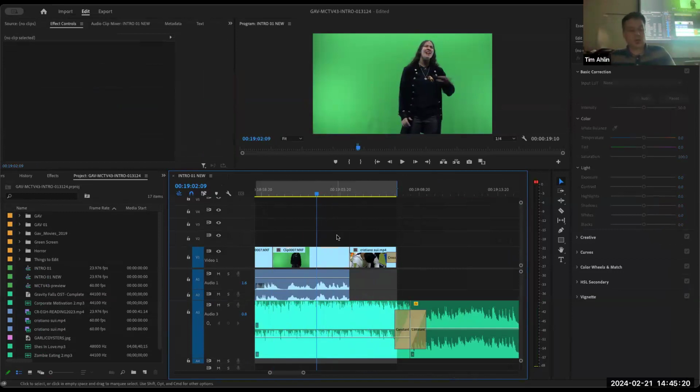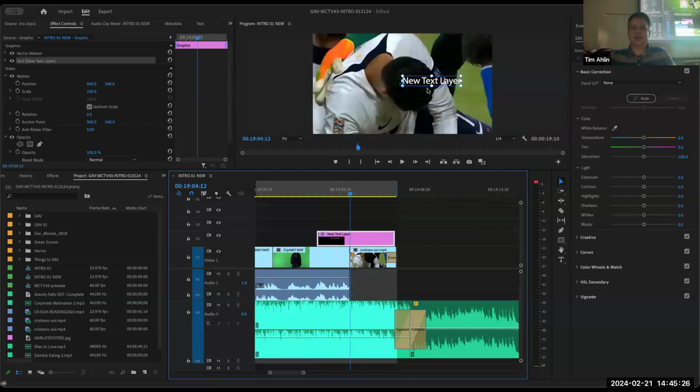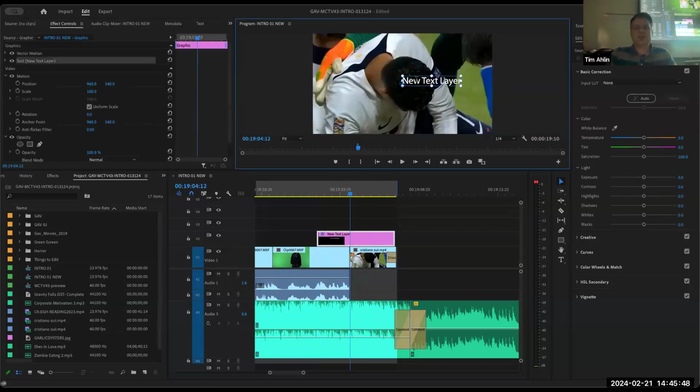All right. So Command T, that's our hotkey. Command T is going to build what's called a text layer. And the text layer automatically shows up on this new layer right here. Look, and I can turn it off and on. It's considered its own layer of video. But looking at it, we know that it's got a transparency layer, right? So the transparency layer allows us to make a layer of text. And I can click here on my tab, and I can click up in my program window and see the text right there.